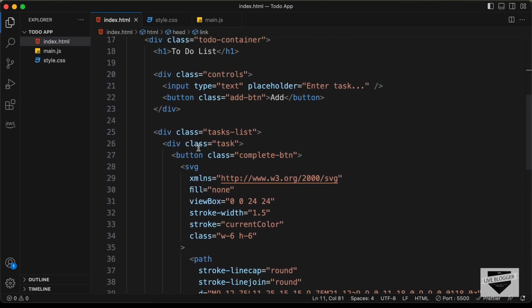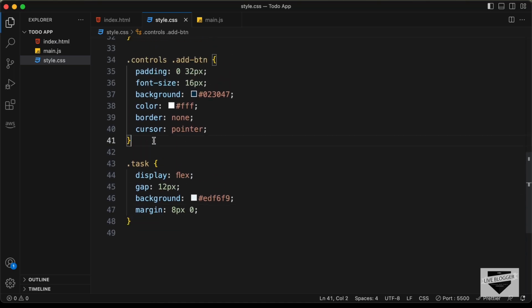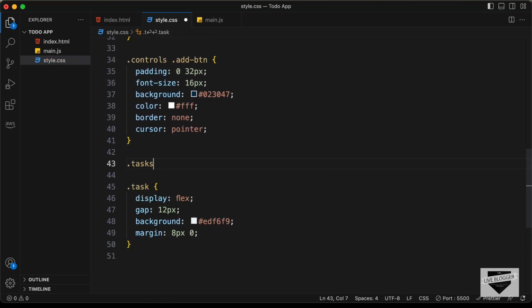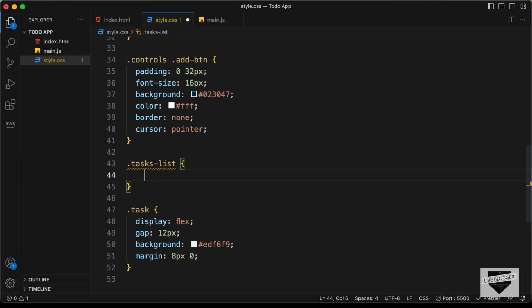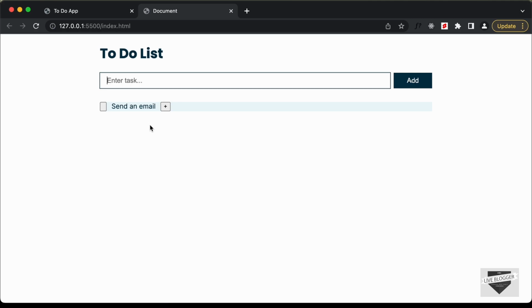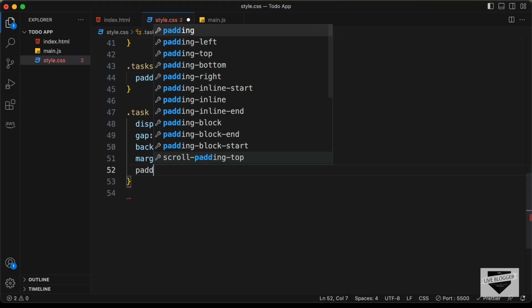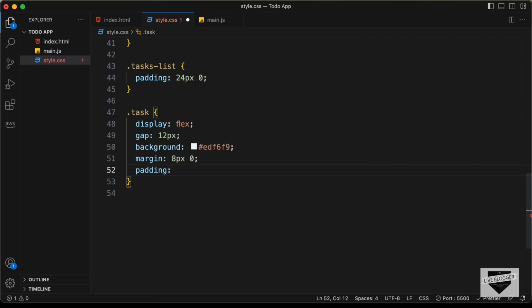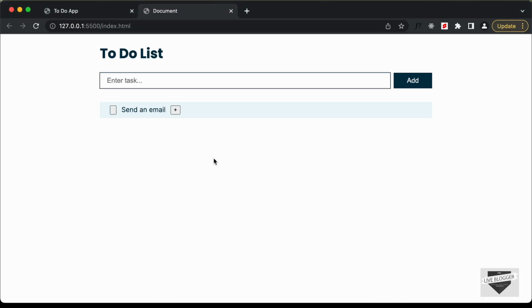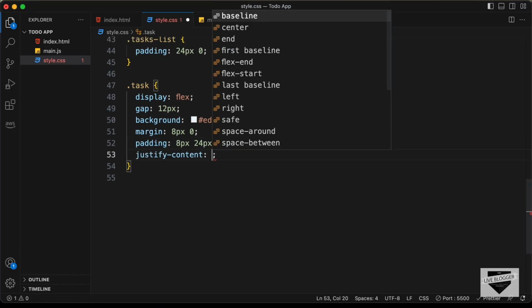So here we can see we have this division with a class of tasks list. So I'll just target that. Here I'll just type .tasks-list, and for this one, let's give it a padding, and let's set it to 24 pixels top and bottom, and 0 for left and right. And I think that looks alright. Right, now let's go ahead and continue styling this. So let's add a padding, and let's set the padding to 8 pixels top and bottom, and 24 pixels left and right. And now let's type justify content space between,